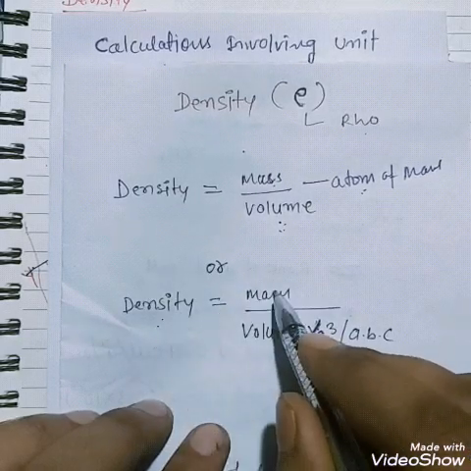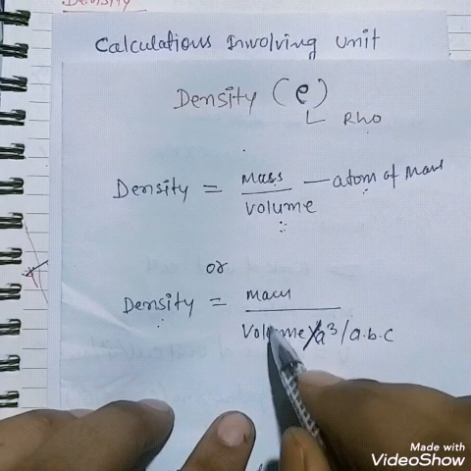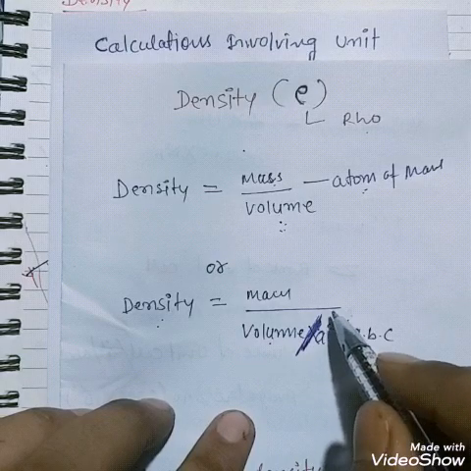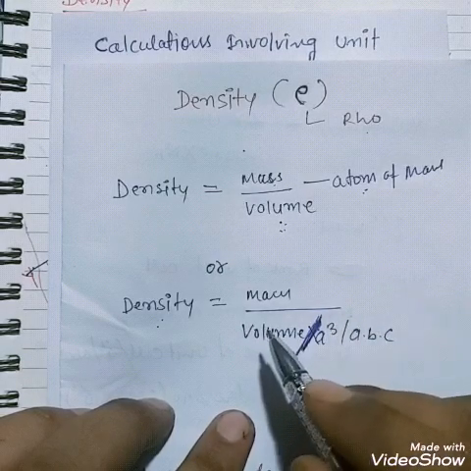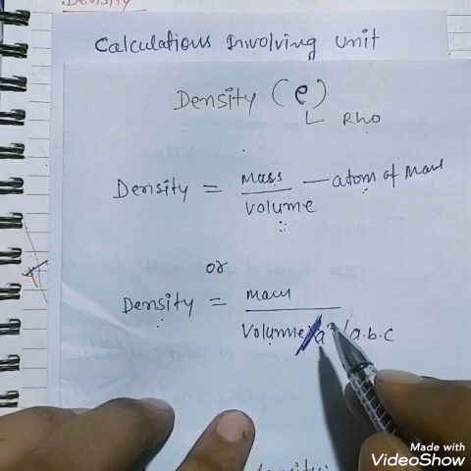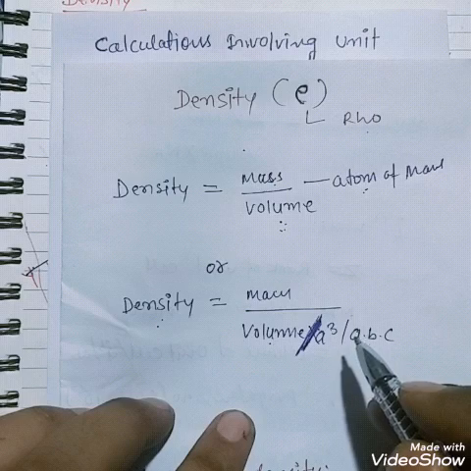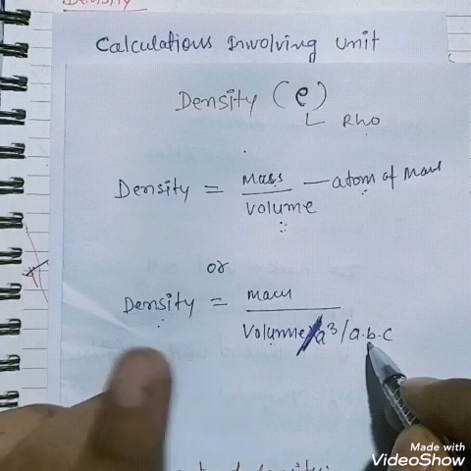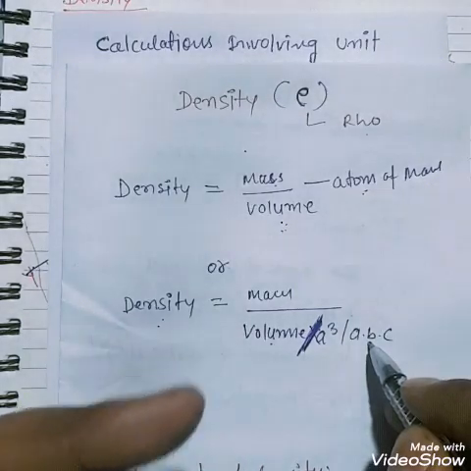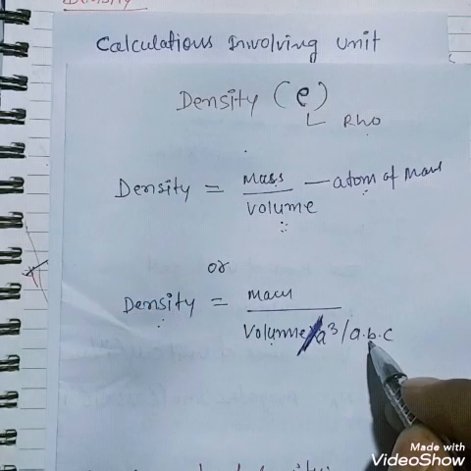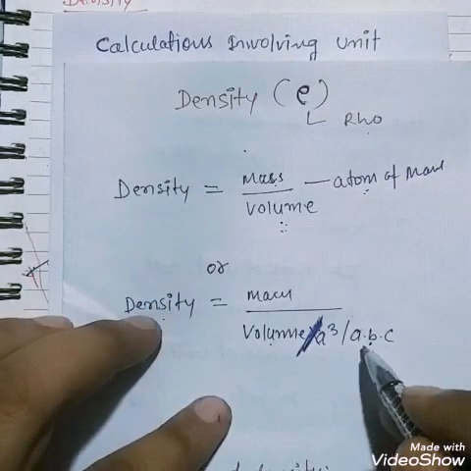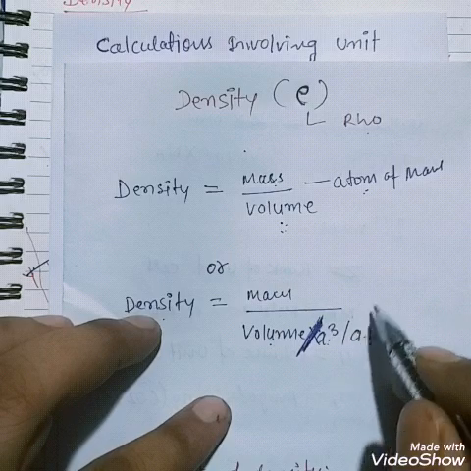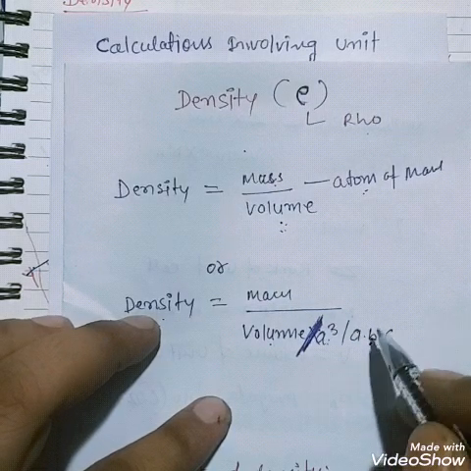Density is equal to mass upon volume. Volume is also represented as a cubed, that means length, breadth and height. Whenever the edge lengths are different, the sizes differ in length, breadth and height. So whenever the edge lengths are different, we put in different values. Here it is very important.